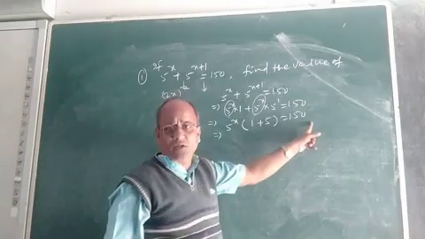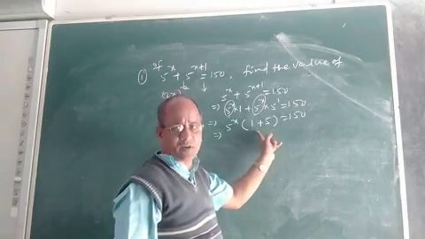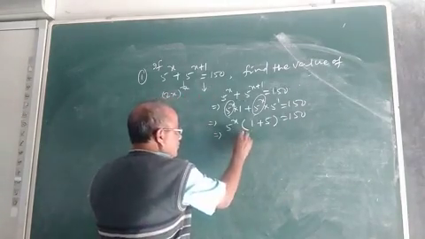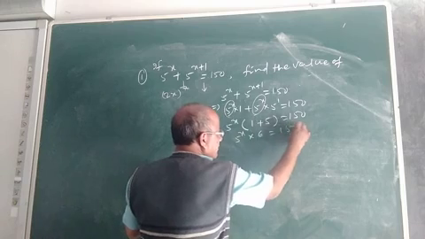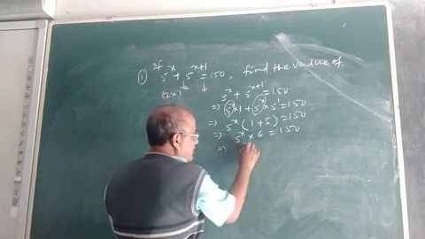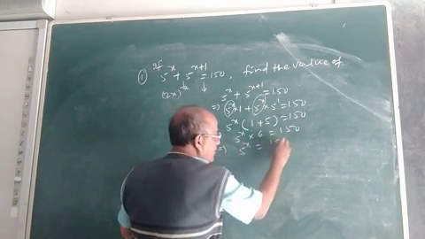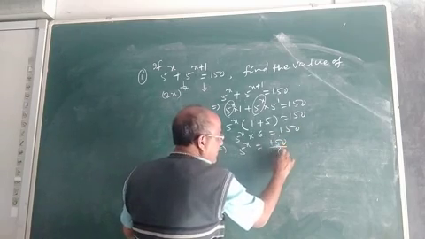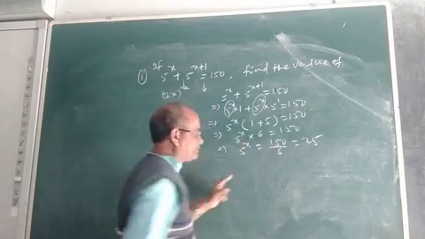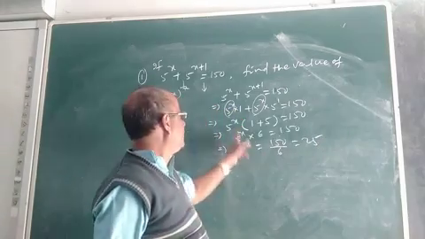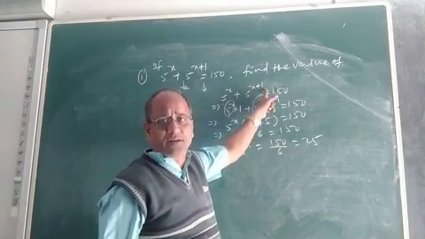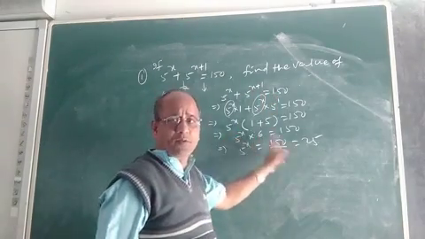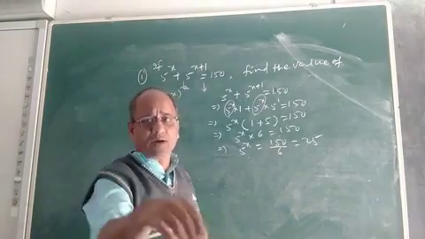So, first take 6 to the right hand side because 6 is a constant. So, 5 to the power x into 6 will be 150. So, 5 to the power x, what will be its value? It will be 150 by 6, that is 25. See, on reducing, this exponential equation has been reduced into the form 5 to the power x equal to 25.